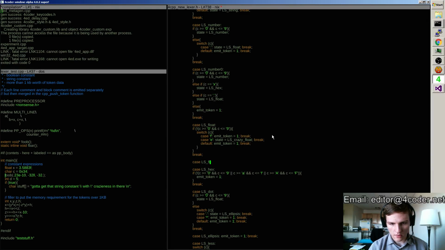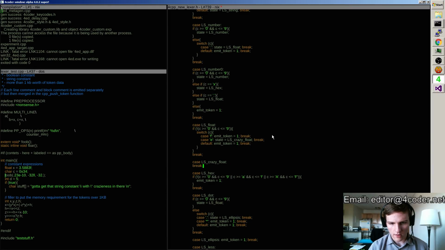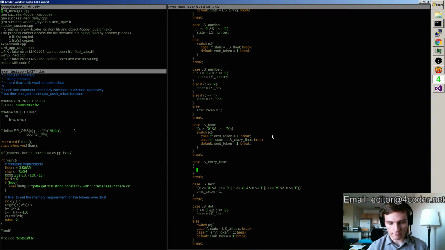And when I'm in crazy float, actually I need to add so many states for this. It's not nice, but okay. So if I'm in crazy float 0, then